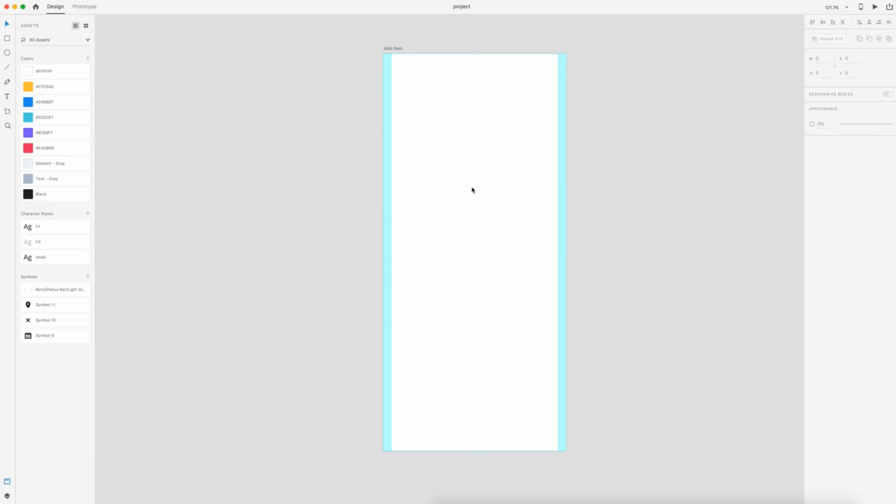So this is what the project file is going to look like. It's just a normal iPhone X artboard, and I have the layout grid set to 2 columns, and the width on that is 17. So we have 17 spacing on each side, and that's going to be the spacing throughout